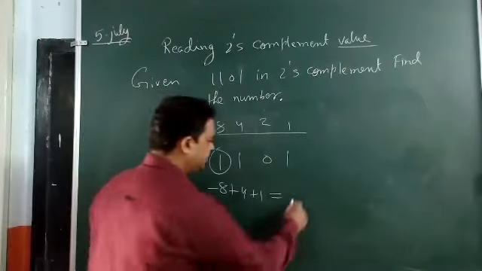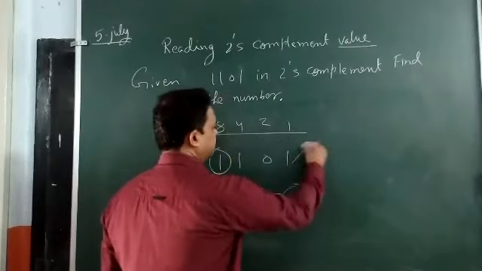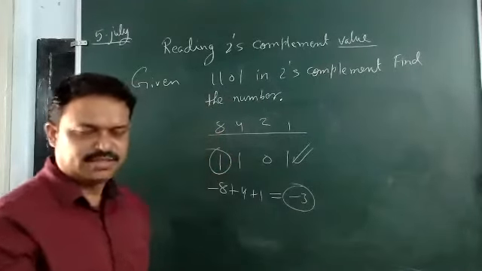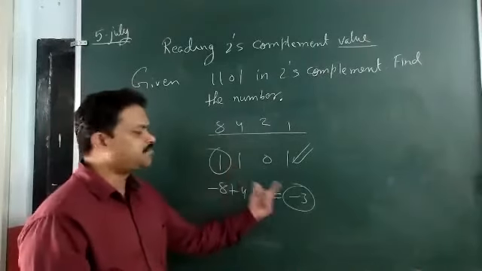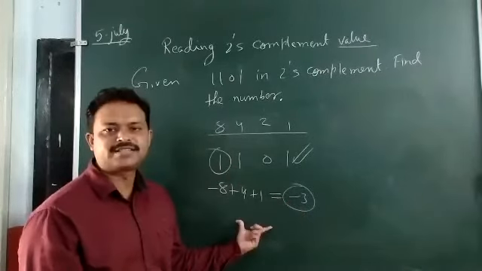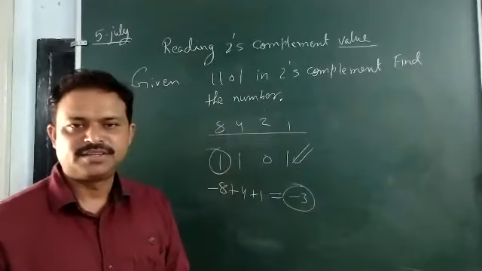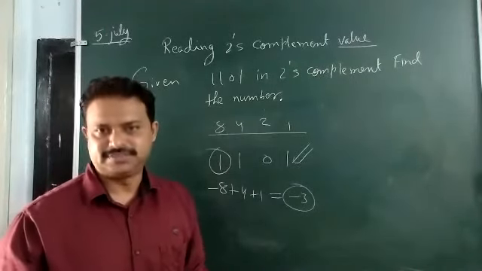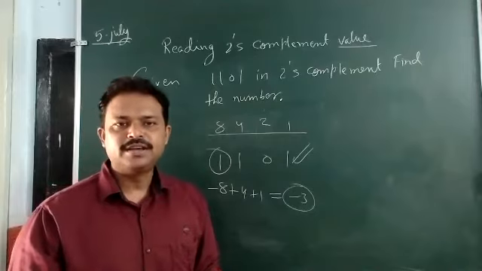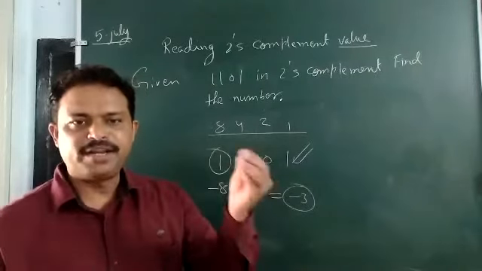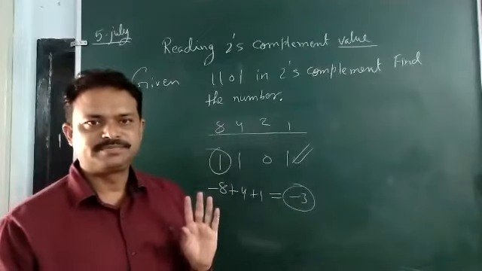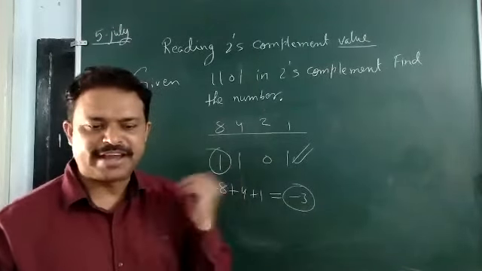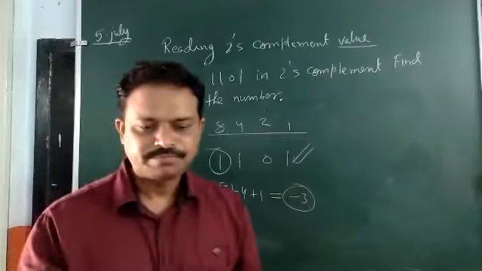-3. Nihal is telling -3. See, just now, 2-3 minutes before, we got the answer for this, -3, and in this way also I am getting answer -3. So this is the other method, without taking 1's complement or 2's complement. If you want one more example, we can take one more example, no problem.